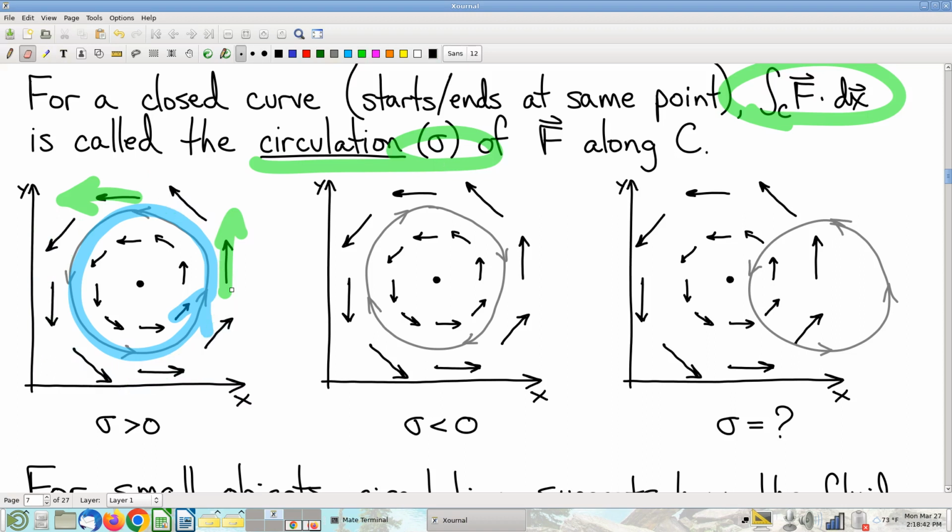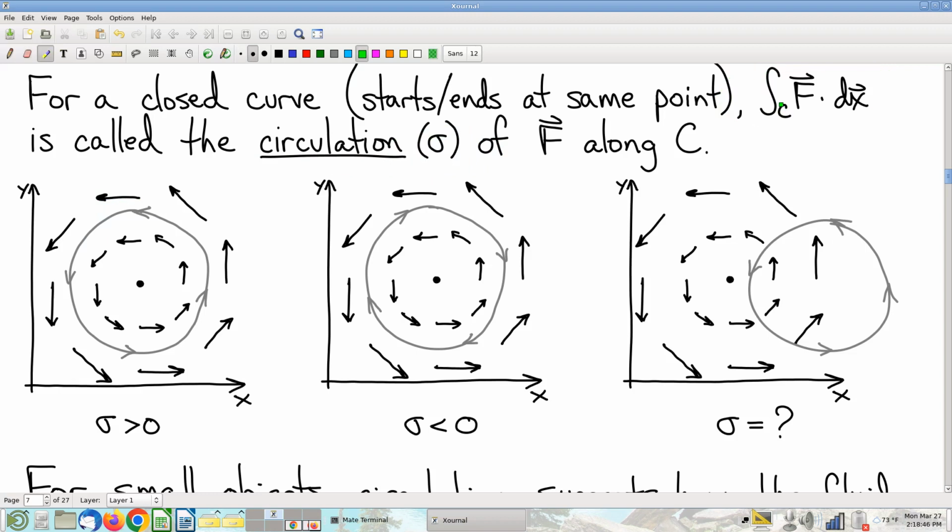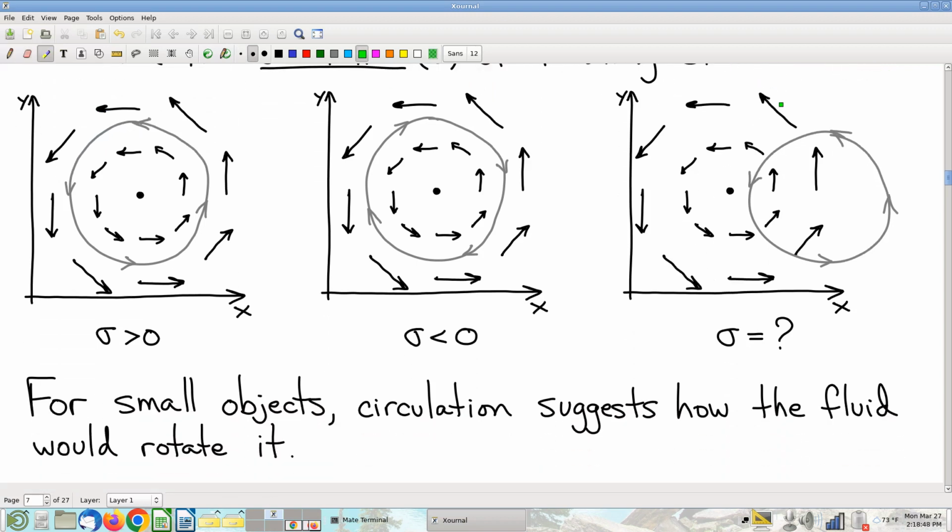Okay. All right, so why do we need circulation? A couple different interpretations I'm going to give you. One is, I like to think of the fluid as being a physical fluid, like water is an easy one to think about. And so let's suppose I have water, and the water would make a little whirlpool kind of thing here. There's our vector field, in this case, kind of a whirlpool. What would happen, would you think, if you were to take a